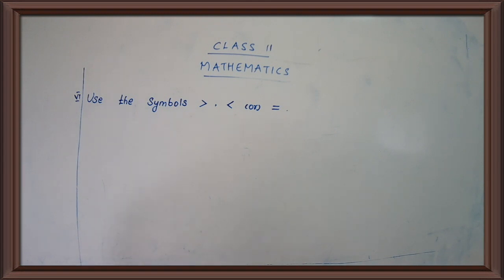If two numbers have the same number of digits, then we start comparing the digits from the left according to their places. Okay,